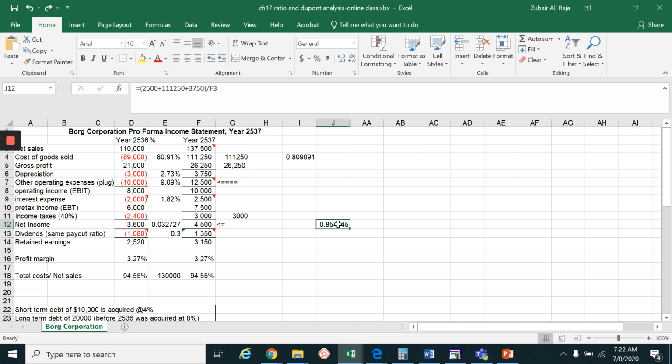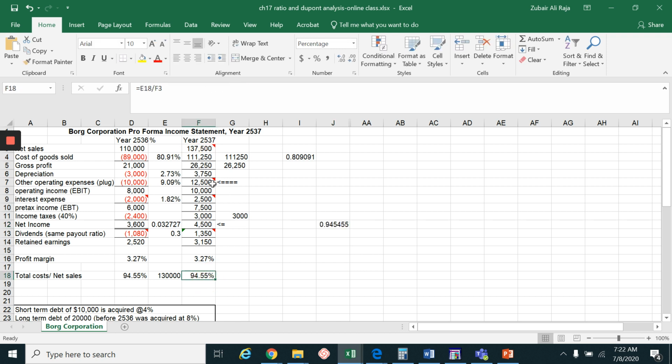In other words, 94.55%. So that number needs to be 12,500. So it won't change as a percentage of sales. It is a plug. That's why I have written plug over here, plug variable, right? So you can also see that once we plug this number, 12,500, our ratio of total cost to net sales is the same,